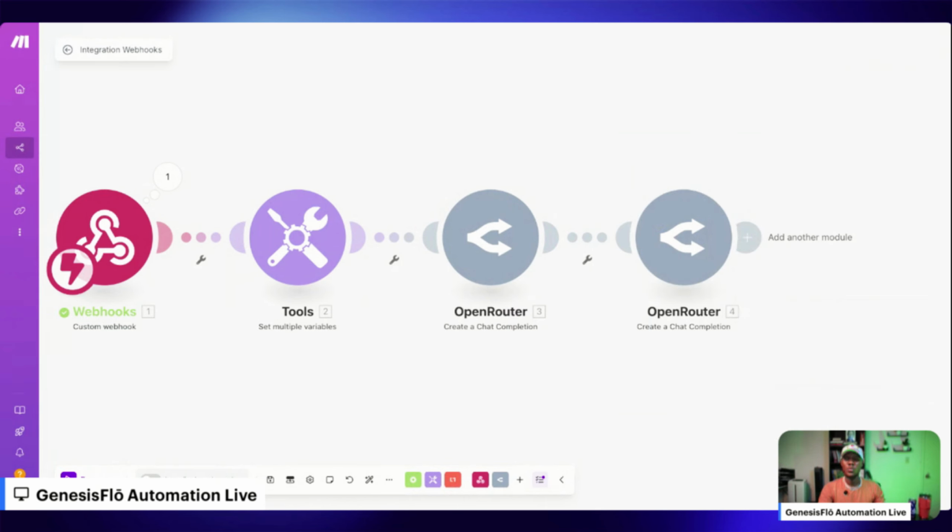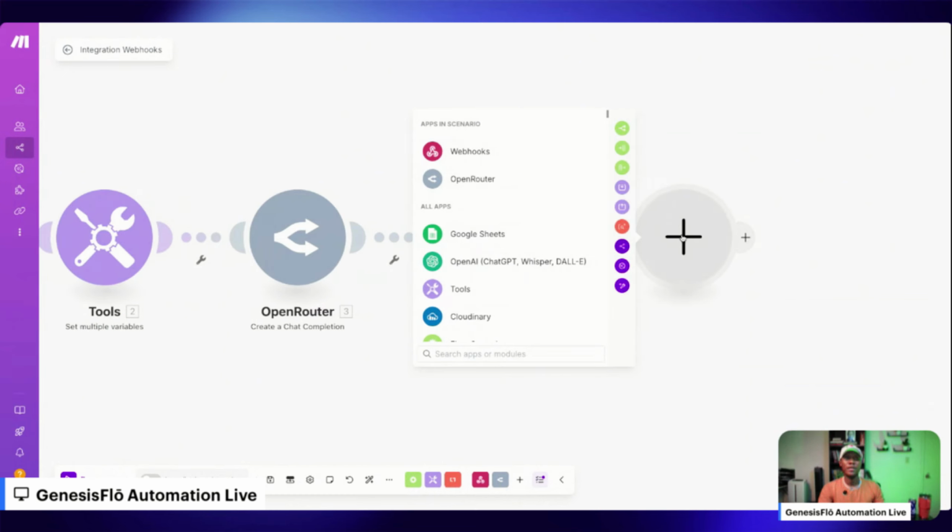All right, so once we have that, the next thing we want to do is take this content that's going to be created and create the proposal document. Basically, this is all going to be done by itself. You don't have to interfere or anything. So the next thing we want to do is create a Google Doc. So docs,